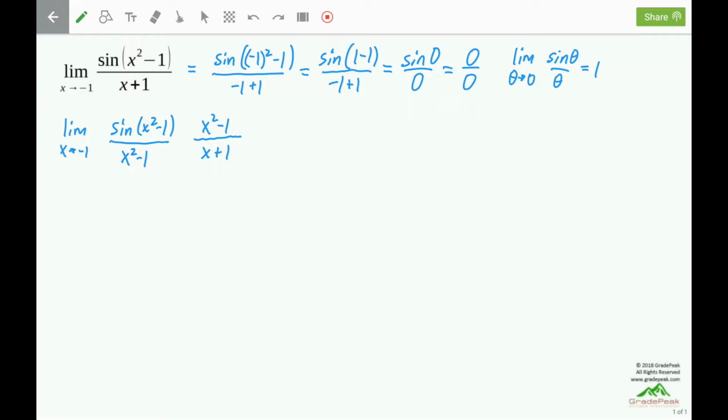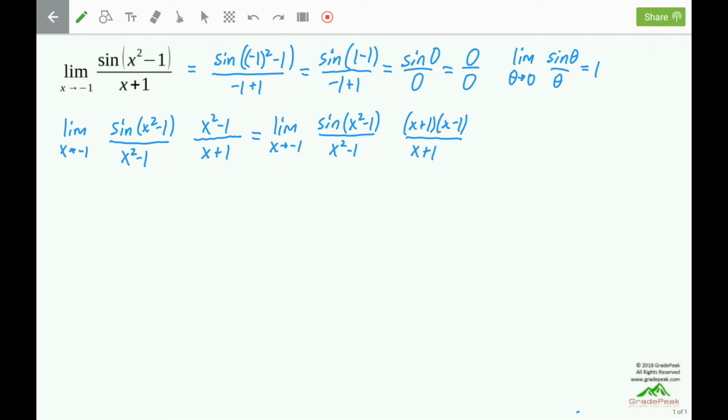That second fraction itself is also 0 over 0. However, those are power functions and therefore can be put through the factor and cancel method, and that's the next thing I'm going to do, because until we remove the 0 over 0, we can't actually evaluate the limit. So this first fraction, we're going to leave as is, since it's just going to equal 1 in its limit. The second fraction, we have a difference of squares, which is x plus 1 times x minus 1